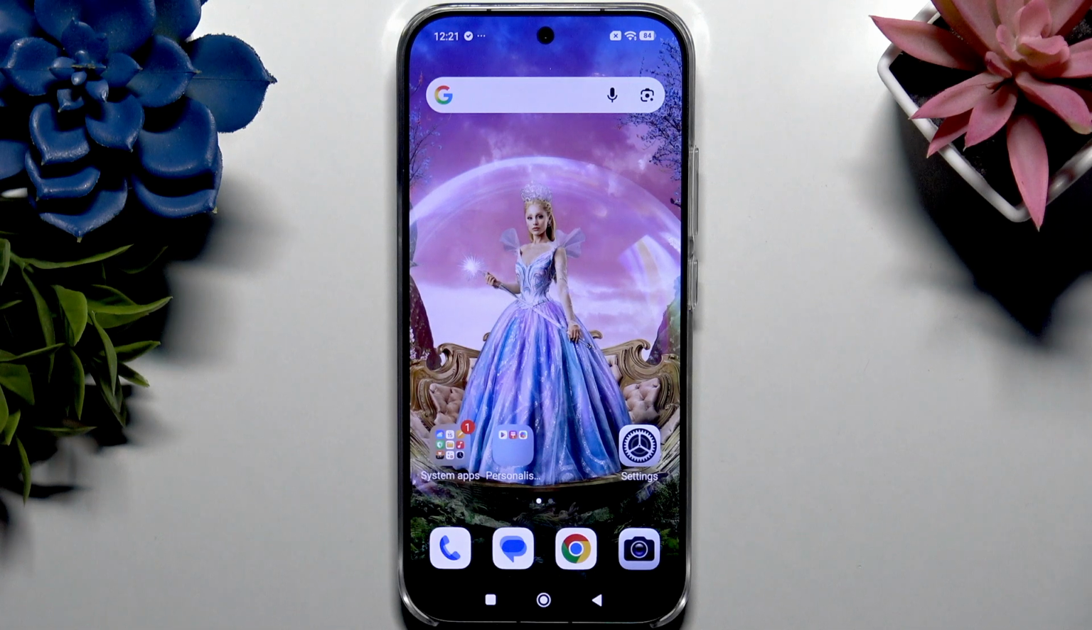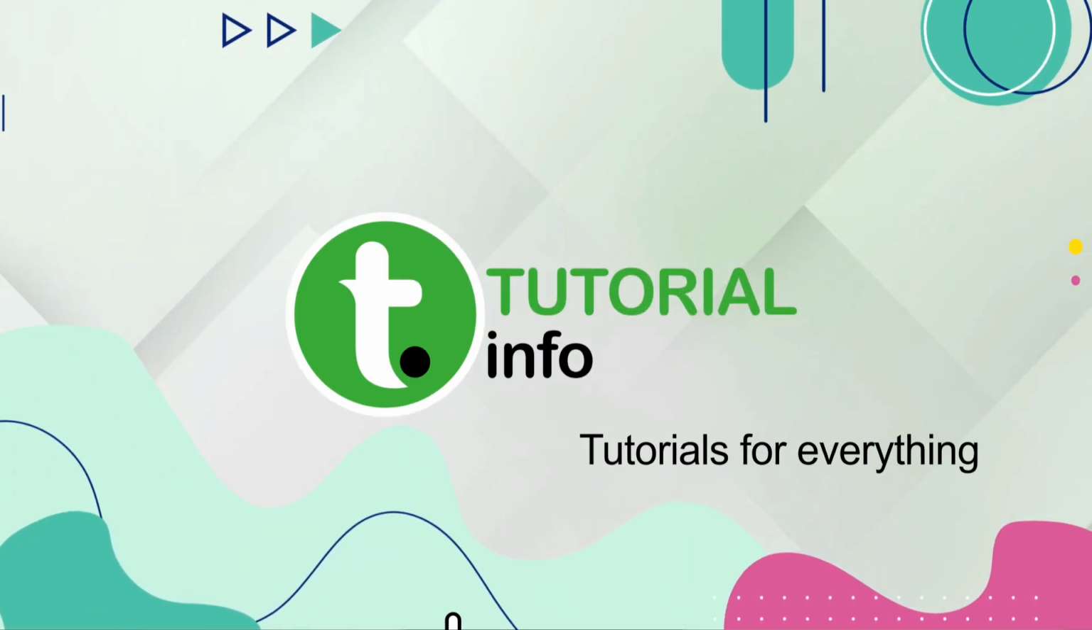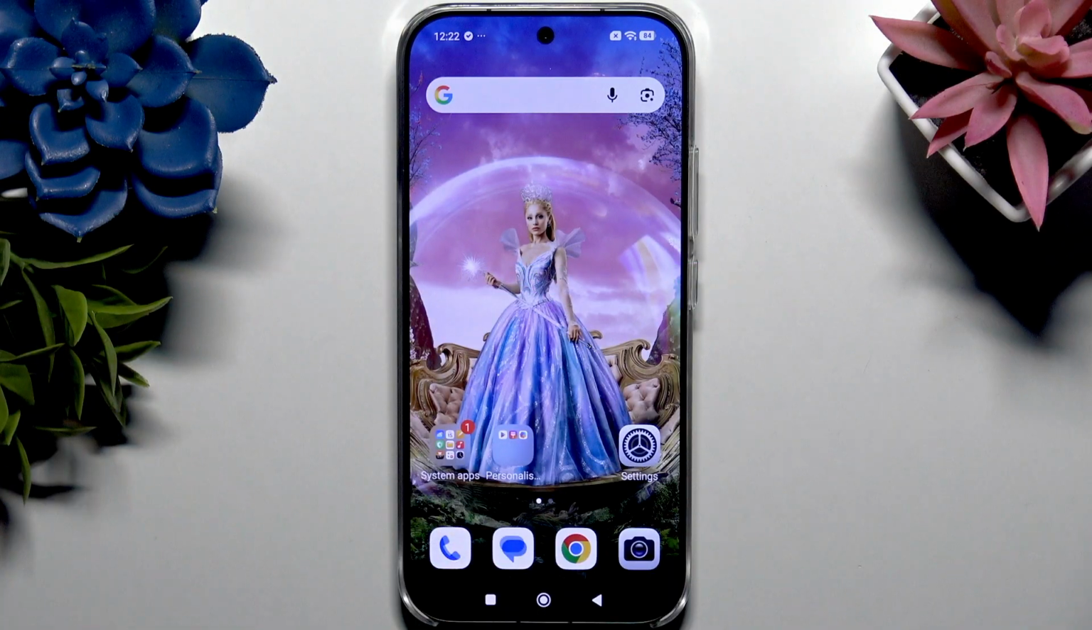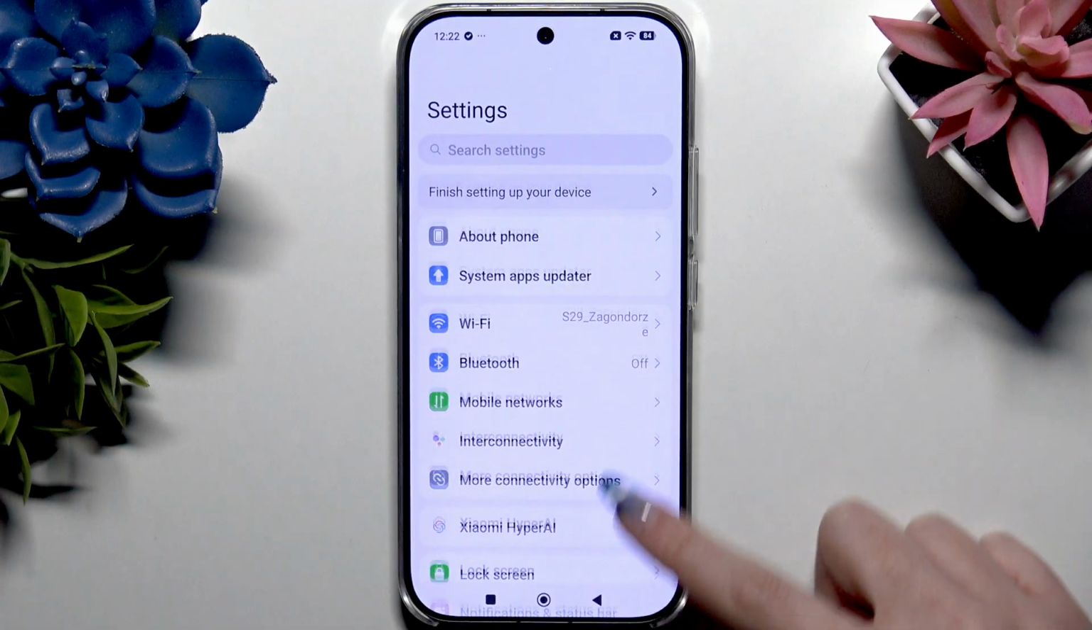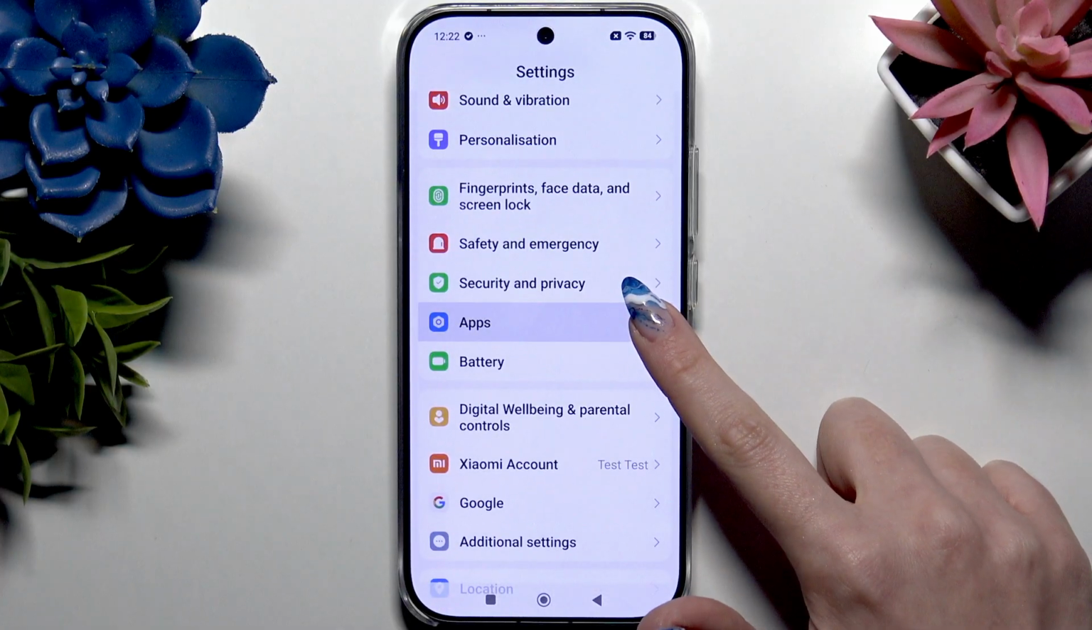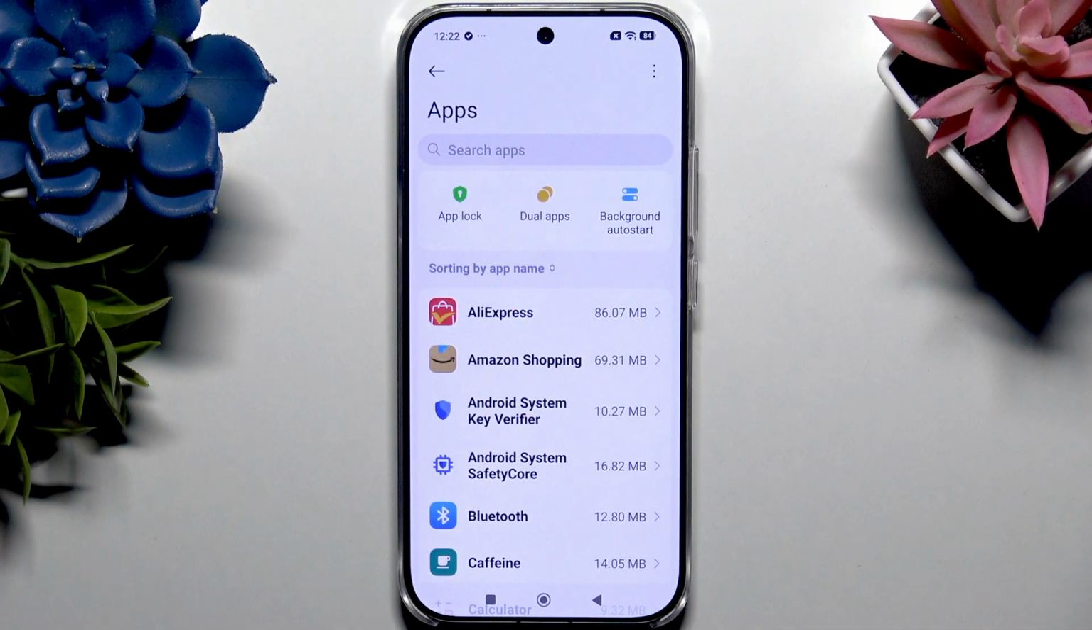In front of me is Xiaomi 17 and today I would like to show you how you can set up App Lock. First of all, go into Settings and scroll to click on Apps. Now tap on App Lock